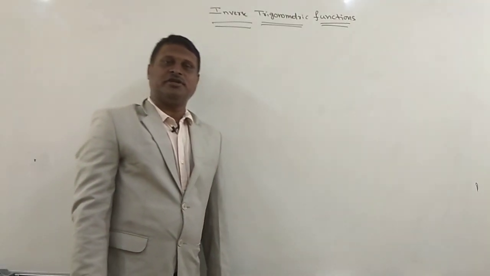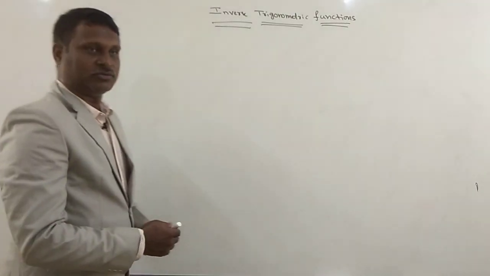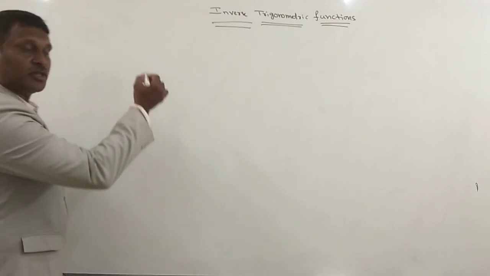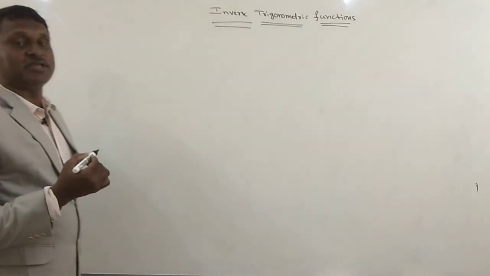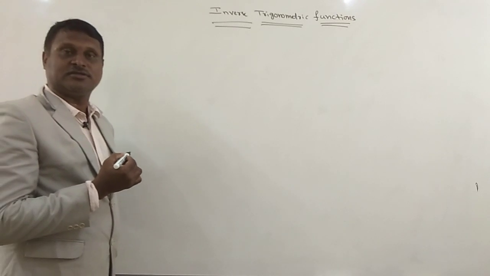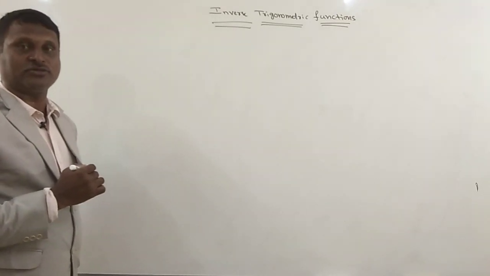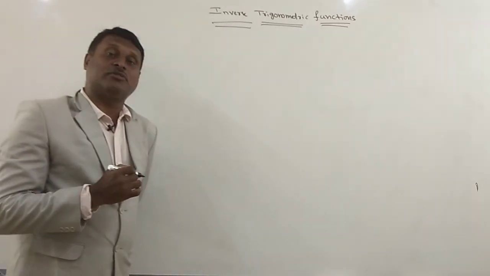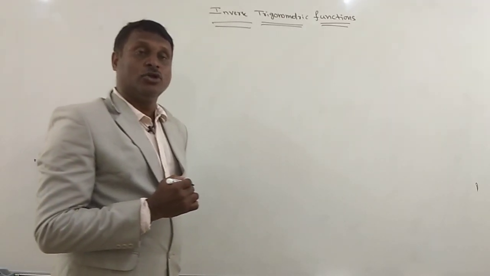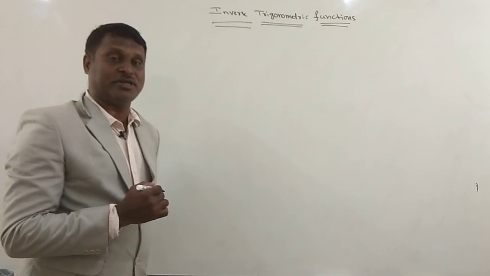Hi students, continuity of the last class. Now concentrate. Last class we discussed sin 2 theta, cos 2 theta. There are two formulas we discussed and we have done the proof also. Sin 2 theta has two formulas. One is 2 sin theta cos theta. One more formula is 2 tan theta by 1 plus tan square theta.